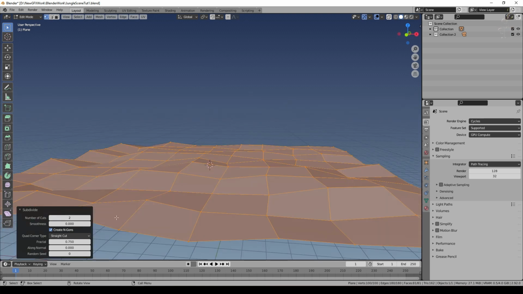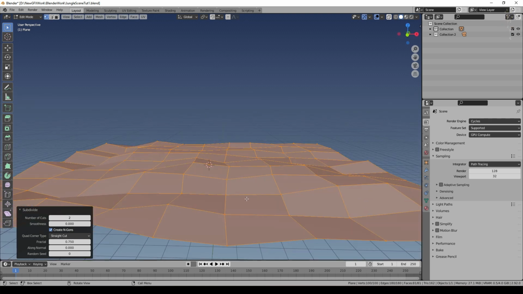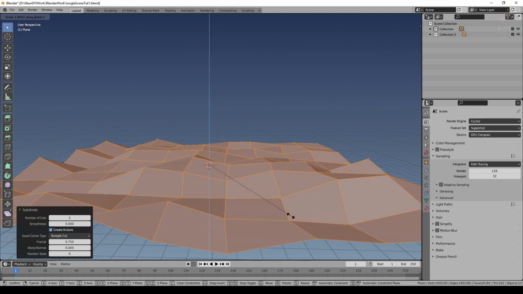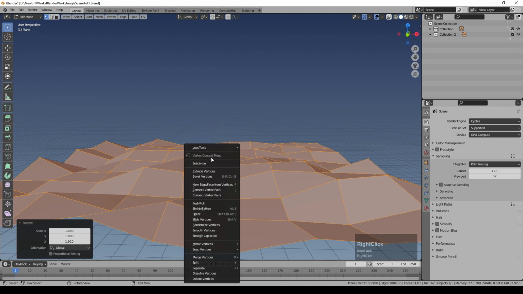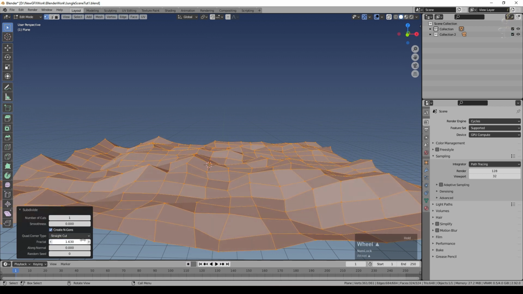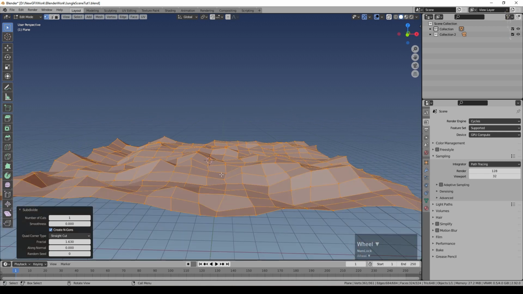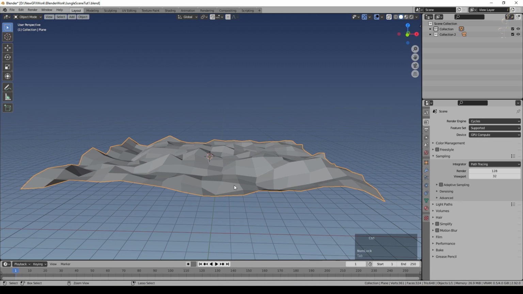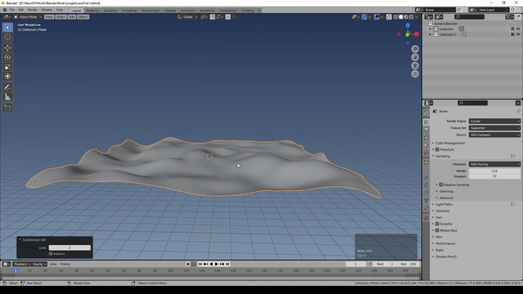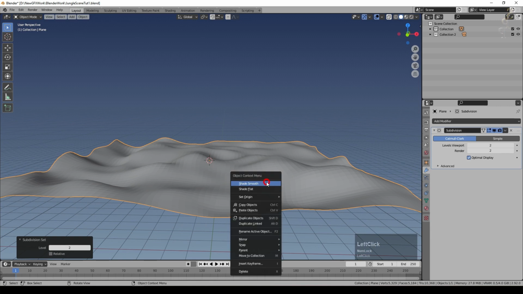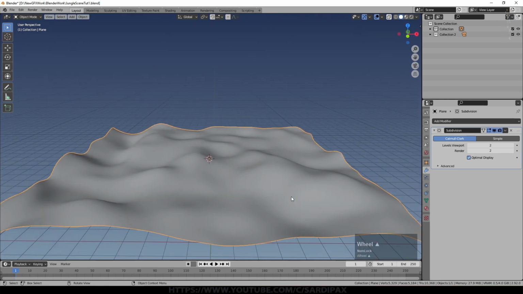And I'll increase the number of subdivisions a bit, and we can scale on the Z just to get that up a bit there, and then perhaps we'll subdivide once more and turn that up a little higher. I'm going to put a subdivision surface on this anyway. Scale on the Z a little more, I think, and then Control 2 just to smooth that surface off. So that's added a level 2 subdivision surface and shade smooth. So that's the start of our ground.